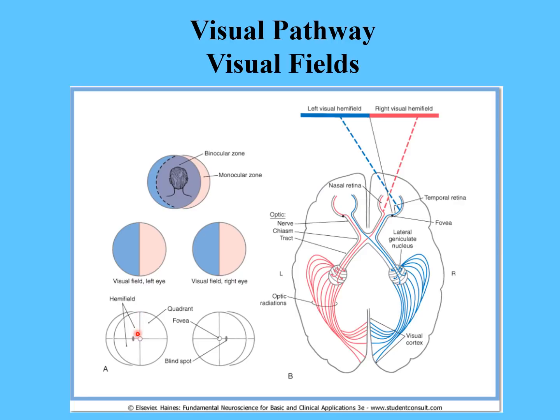We refer to the area on each side as a hemifield. If we split the world in a vertical with this vertical line, we refer to this as a hemifield, and we refer to each of these quarters as a quadrant. And we recognize that the fovea is in the very middle for each eye of that visual field,